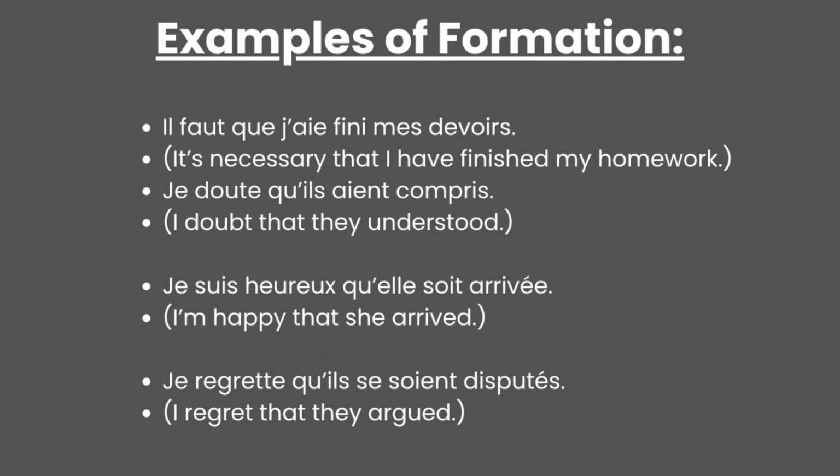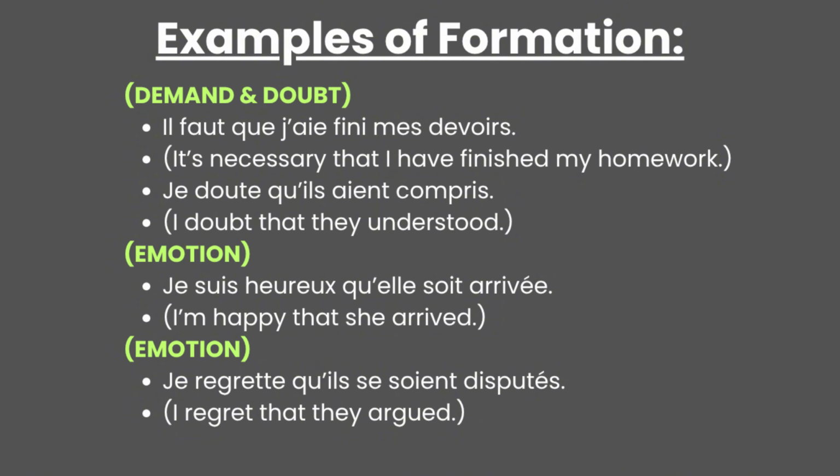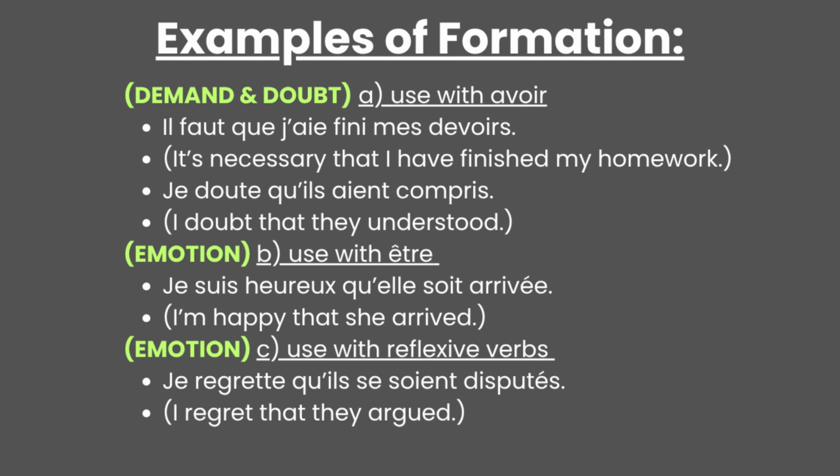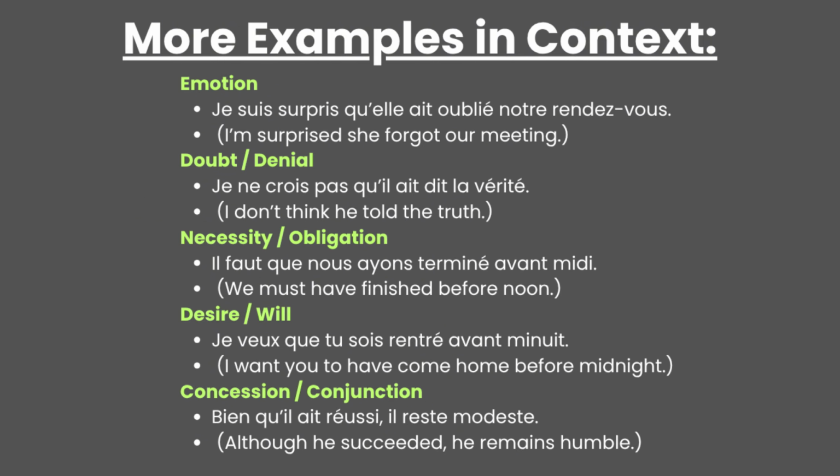You can see how the idea of uncertainty really works, because the sentences use a demand, doubt, or emotion which may seem weird, but they all make the subjunctive. You can also see the difference between the use of avoir and être, along with how participles change to match the gender and number of their subjects. Even so, we can have more examples that give different ways of how uncertainty is conceptualized. Emotion, doubt, necessity, desire, and even a conjunction.